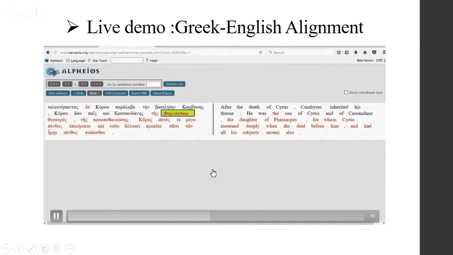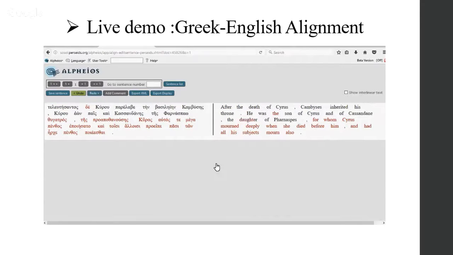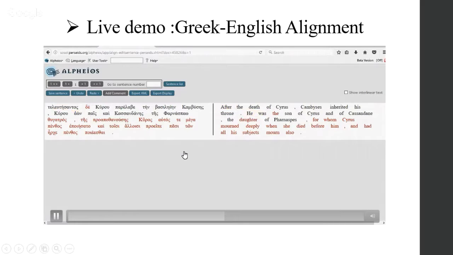But don't forget to save your sentence by clicking here, and when you begin to work on this translation alignment, you will have many translations to work with, and with this address you could put it in your website or whatever class outline you are doing, or you could take a screenshot.